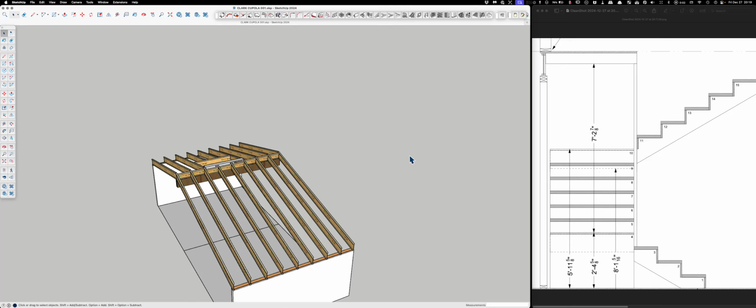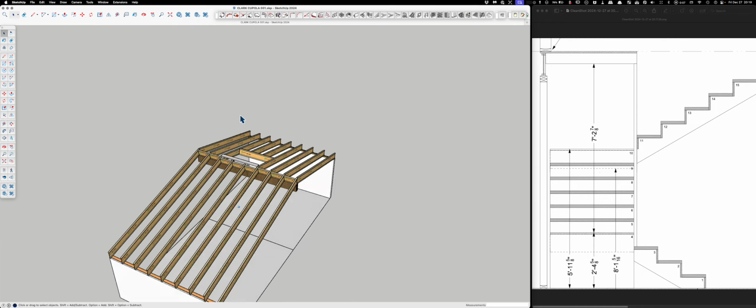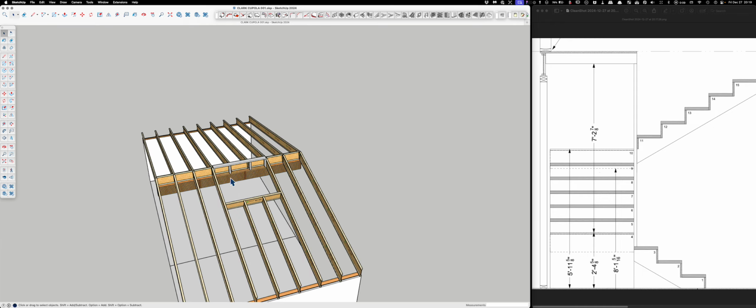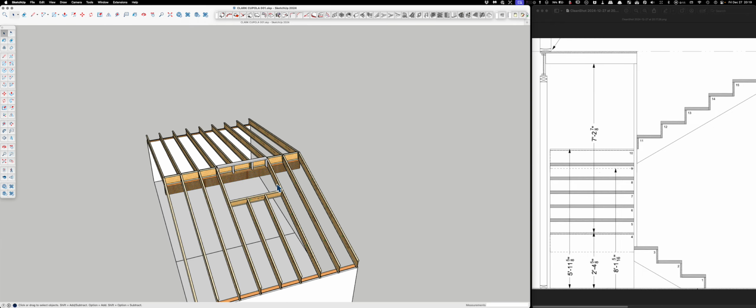Okay, so I was messing around in SketchUp because I have to come up with a cupola for this and another roof like this. And